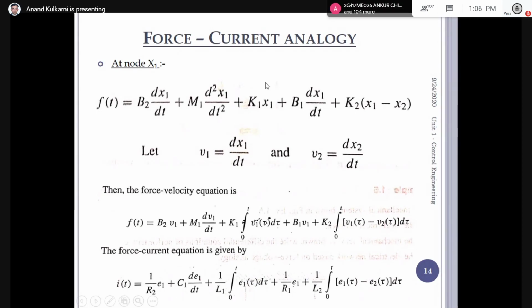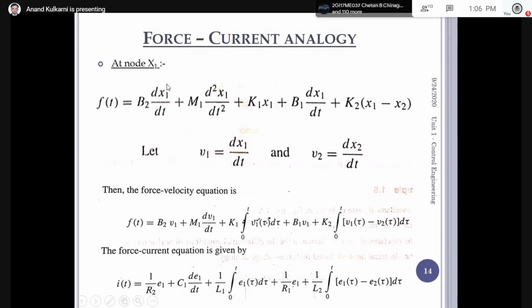Now here what we are doing is rewriting, or substituting, the velocity terms as v1. So dx1 by dt, we know this is a velocity term, so I replace that by v1. In this equation, that is f of t, wherever there is a velocity term, I am writing that as v1. So rewriting this equation, f of t, in terms of the force velocity equation, this becomes